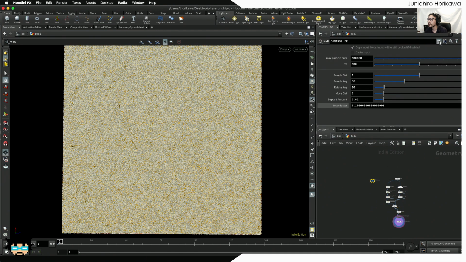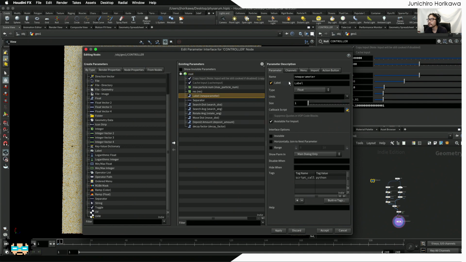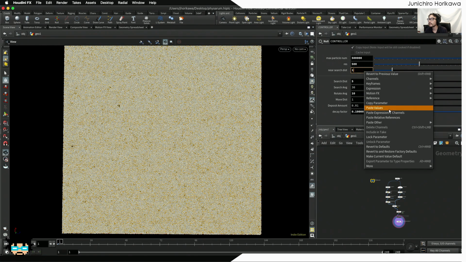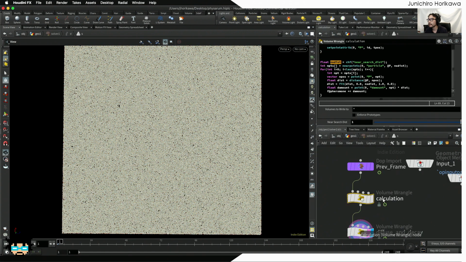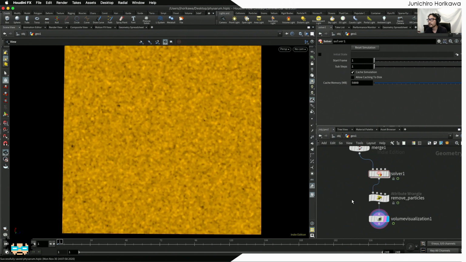So going back and name this, since this is a global one, near point, near search dist, near search dist. And set the range from 0 to say 5. Okay, and set it to 1 for now. Copy, go back, paste it right here. Alright. I think it's going to give something